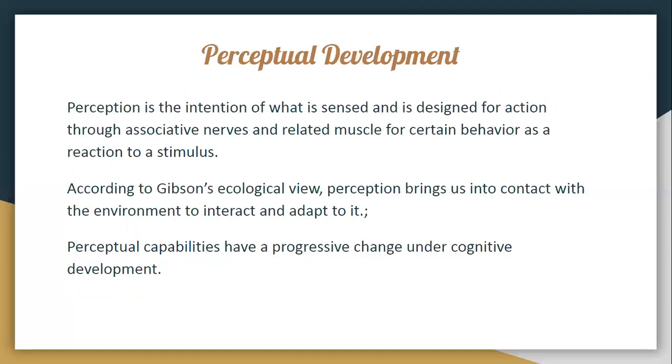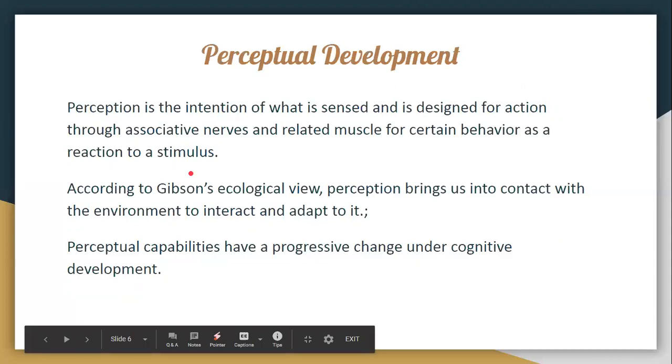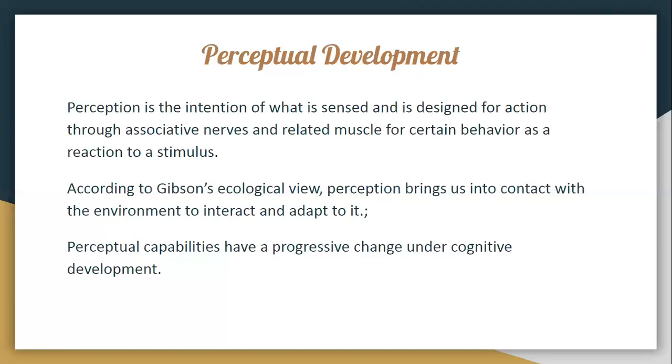हमने previously देखा है कि sensation जो है वो stimulus को sense करना और उसको brain तक लेके जाना through sensory nerves. ठीक है? Perception is generally the interpretation of what is sensed, यानी कि जिस time आप interpret कर लेते हैं कि सेंस आपने क्या किया है, and is designed for action through the associative nerves. जिस टाइम इंटरप्रेट कर लिया आपने, उसके बाद आप देखते हैं कि relative outcome क्या होना चाहिए, what kind of action is supposed to be taken, and the associative nerves take the